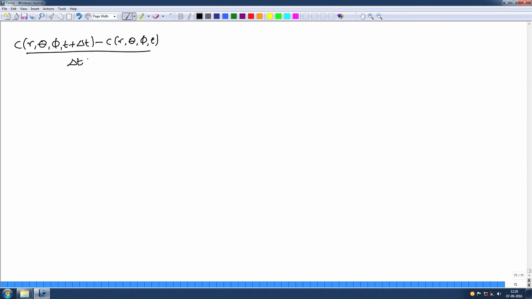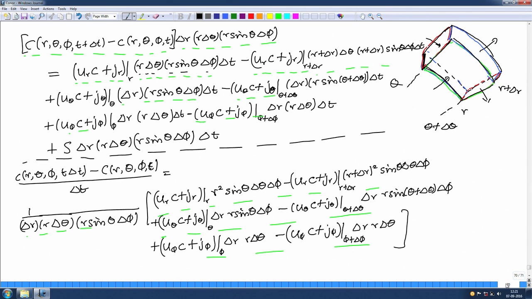Okay, the left side is as it is. On the right hand side, if you look at the first term here, I can cancel out the increments delta theta and sin theta delta phi, because these do not vary as r varies. Sin theta does not change as r varies, and delta theta and delta phi do not change. So, those I can cancel out, and I will get